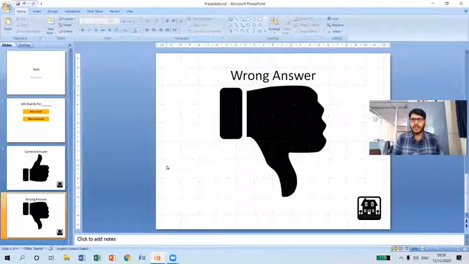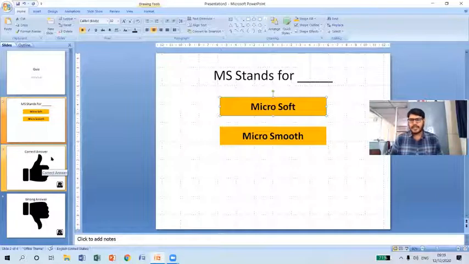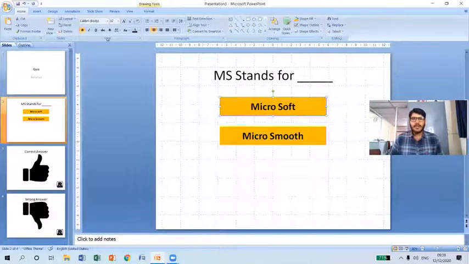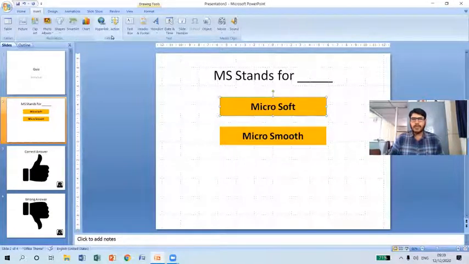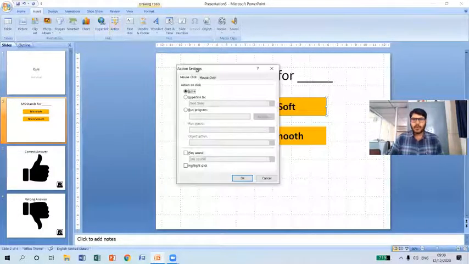So now what we need to do is implement proper links between slides. Hold on. So now let me select the question slide. For this particular object, if I click on this, it has to display the correct answer slide. Already we have created the correct answer slide, isn't it? So now to provide a link, we have to click on the insert tab and use the links option which is available here. Okay, so now let me click on action here so that it will open action settings like this.